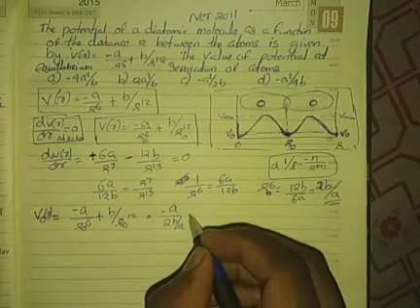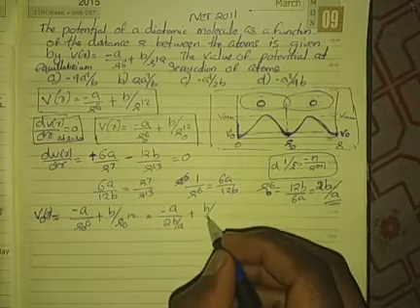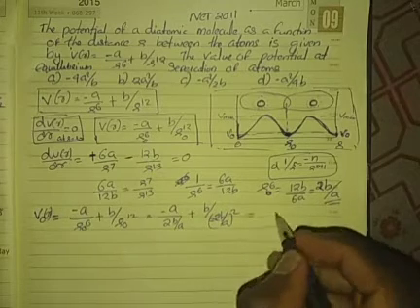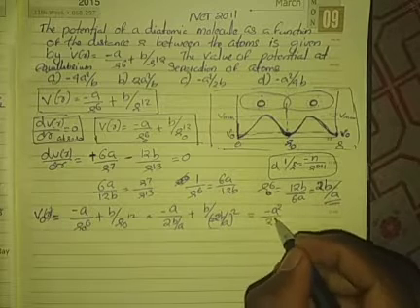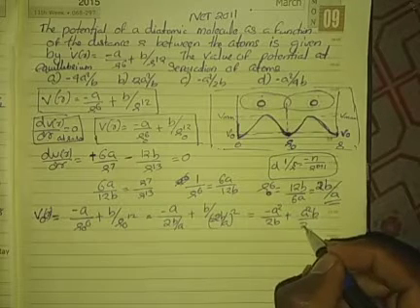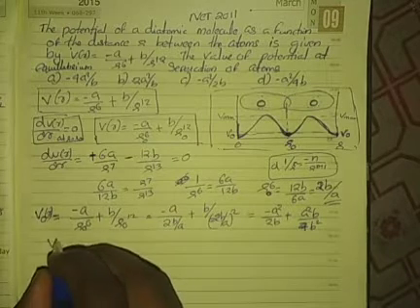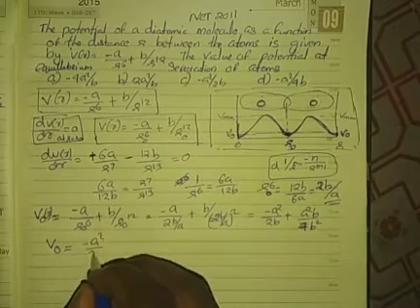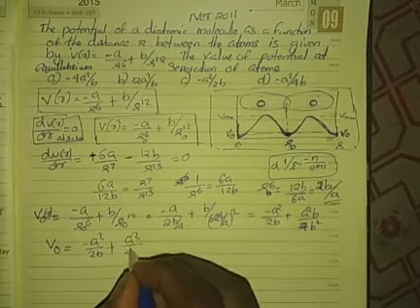Now I can substitute the value of r0 raised to 6, which gives minus a by 2b by a, plus b by 2b by a the whole square, right? Simplify that and you get minus a square by 2b plus a square b by 4b square. This is the potential. So V0 must be equal to minus a square by 2b plus, b and b being cancelled, a square by 4b.